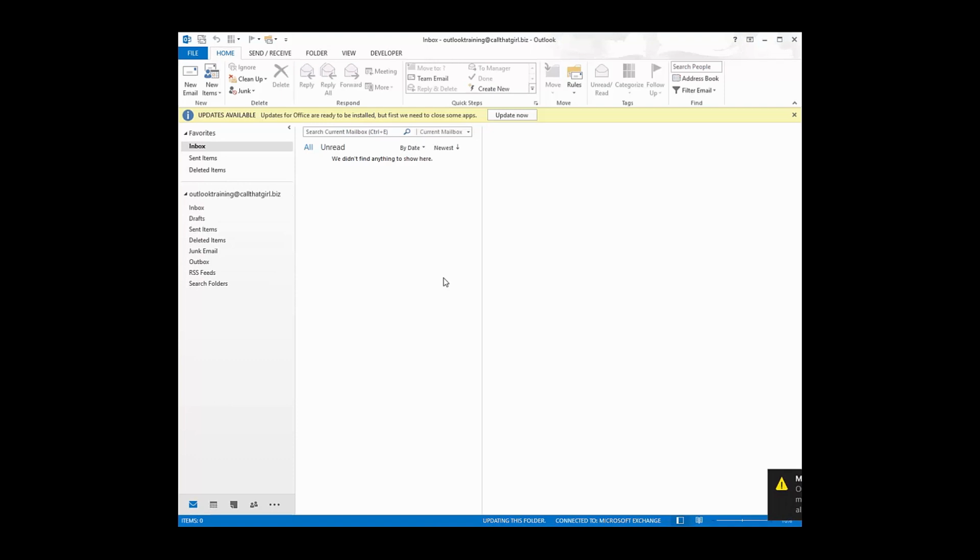Okay. Now the first time you launch a brand new Exchange account, it'll probably be empty. If you already have a lot of email, you're going to want to let that email download. It might take a while, and it can take an hour or two, depending on how much mail you have. But I will show you something if you go down here to the bottom. Once it's all done, the words "All folders up to date" will show up, and then you will be 100%